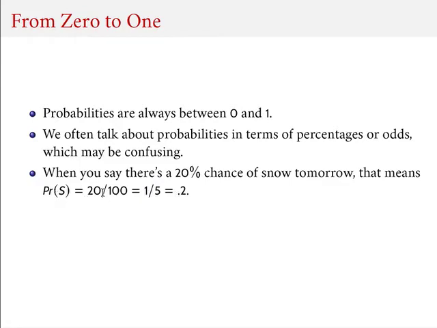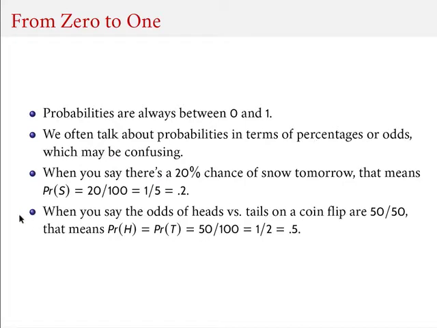So any of these numbers, 20%, 20 over 100, 1 over 5, 0.2, these are all equally valid ways of expressing the same claim about the probability of S. So that is how, given that probabilities are between 0 and 1, that's why we can talk about them being percentages. In terms of odds, when you say the odds, for instance, of heads versus tails on a coin flip are 50-50,